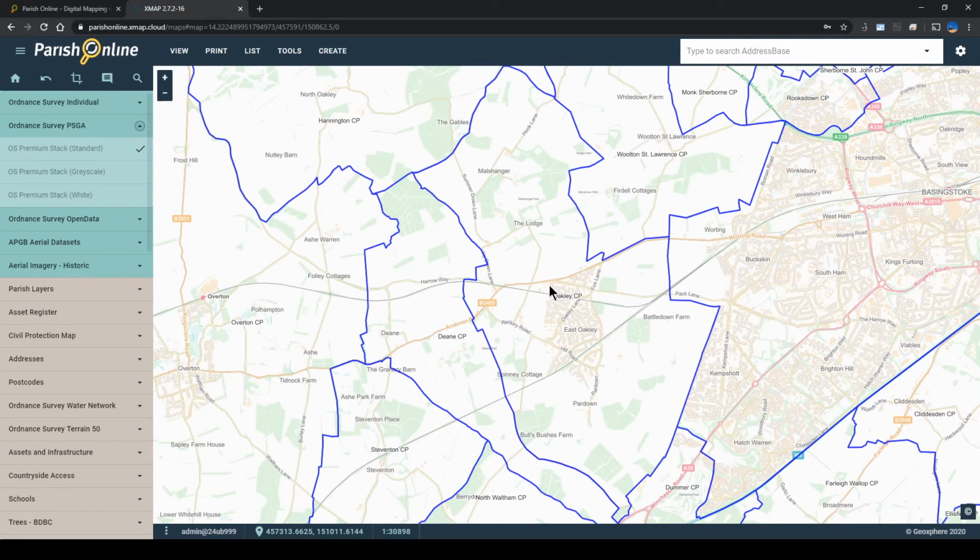So what we do is we choose the scale that we think is appropriate for the zoom level that you're currently on. So when you log into Parish Online, you're going to get a view very similar to this, where you've got outlines of roads, and you can see urban areas and rural areas. And before